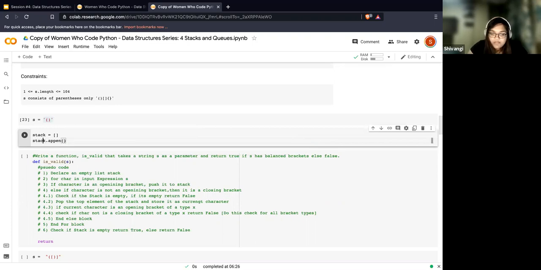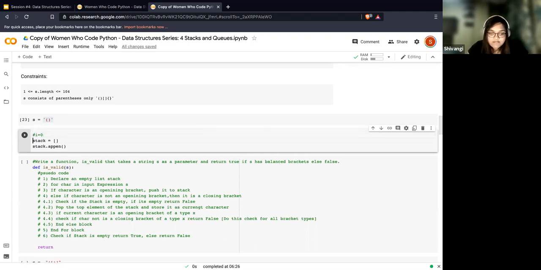This is when I is equal to 0. That means I'm running a for loop over S, and S of I is this opening bracket.